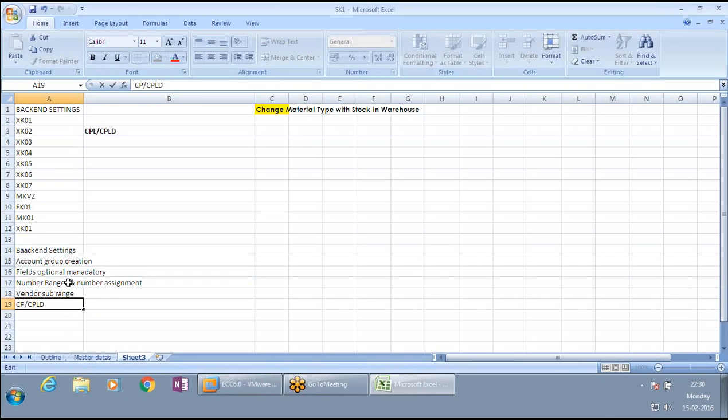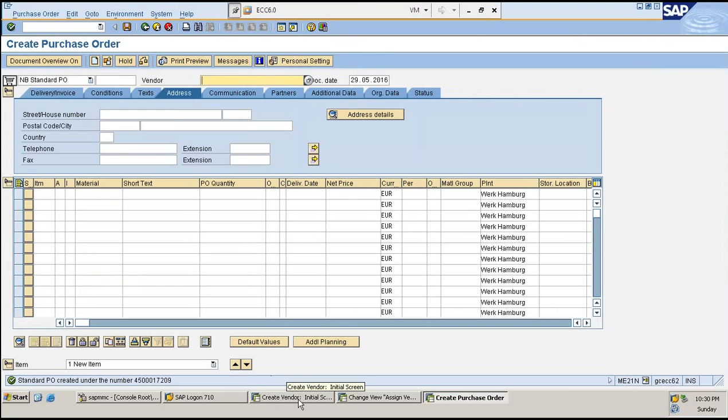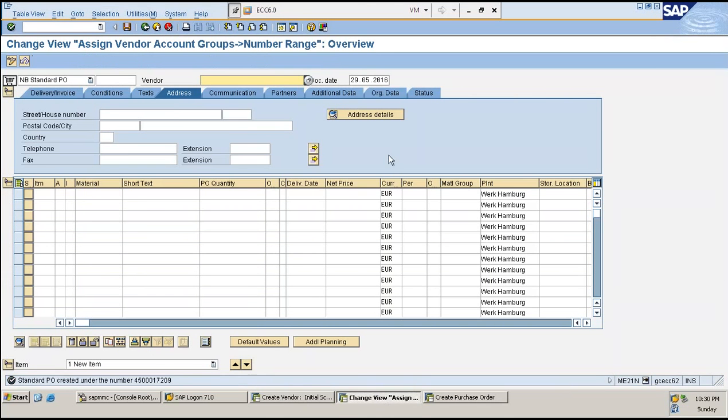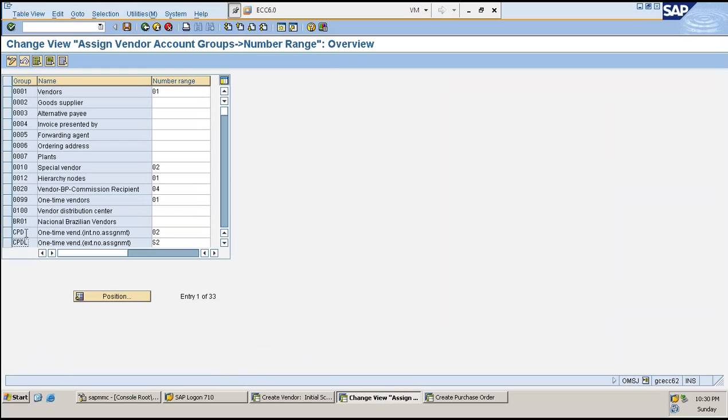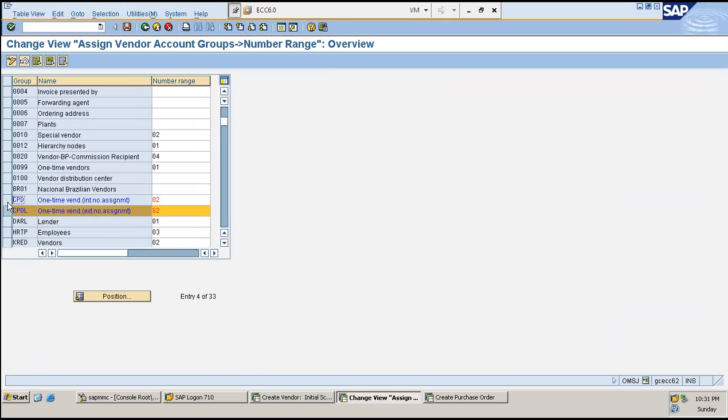Wait, I'll show you that also. One more minute. Where is that? It's here. See, CPD, CPDL. CPD is one-time vendor with internal number range assignment 02.